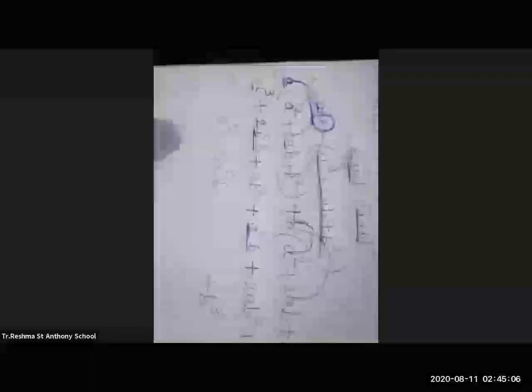But here addition is there, so a square and a square will become 1, and ab or ab become only 1b. Here positive sign, so you will put here plus sign. I hope this you have understood. So this like term and this like term should be added and written over in the middle.